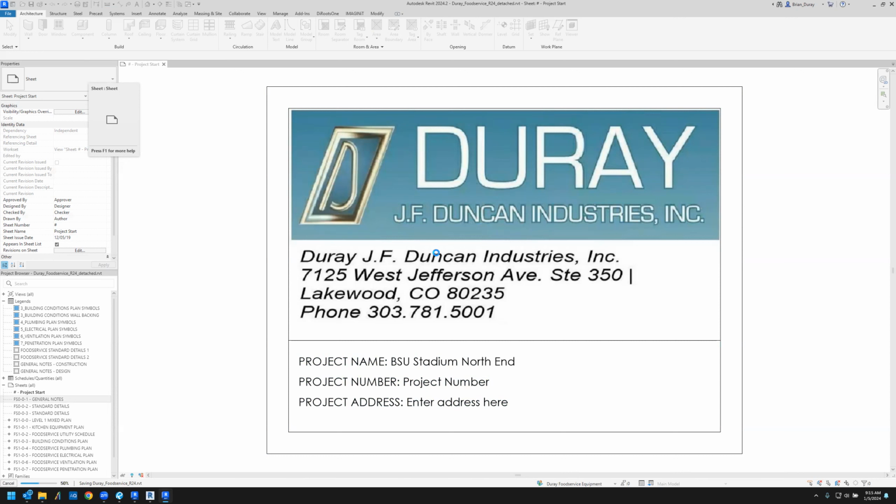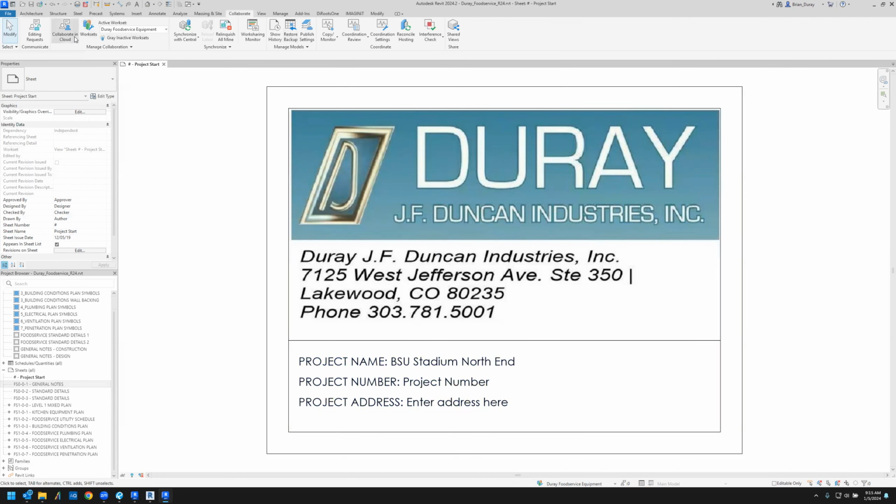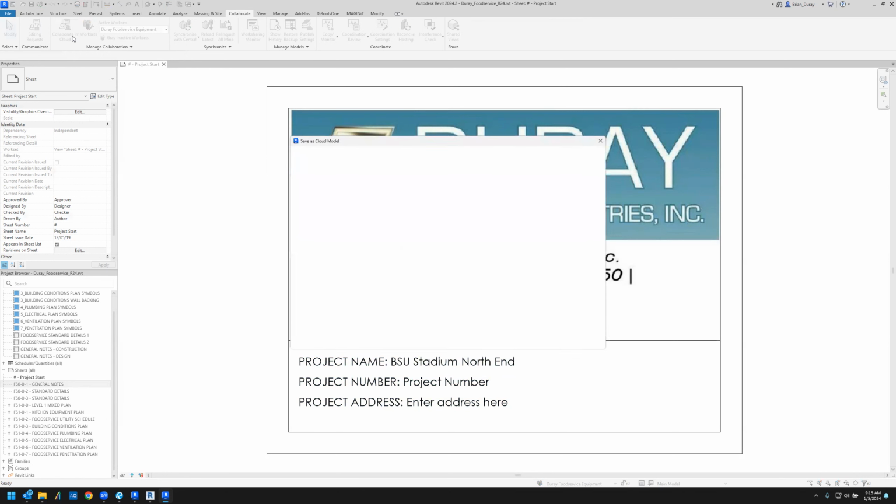This takes a couple minutes because it's creating backup files and making this the air quotes central file. At that point, we need to go into Collaborate, and we're going to collaborate in the cloud. This button stayed there for a while, so I'm pretty confident it's not going to move. It's under Collaborate in the cloud, and it's going to open up